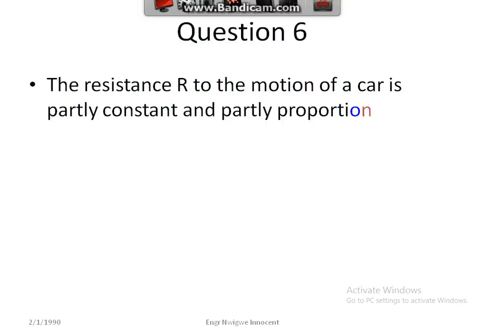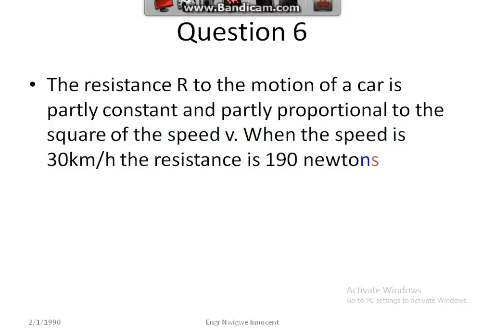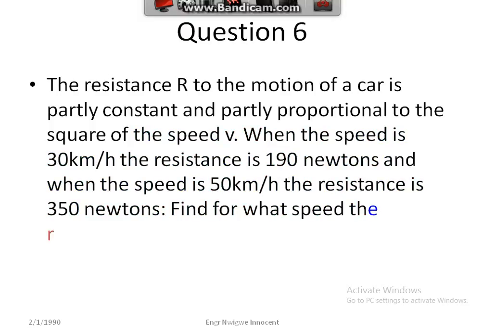Question 6. The resistance R to the motion of a car is partly constant and partly proportional to the square of the speed v. When the speed is 30 km per hour, the resistance is 190 Newtons. And when the speed is 50 km per hour, the resistance is 350 Newtons. Find for what speed the resistance is 302.5 Newtons. Answer. From the question, we are told that the resistance R to the motion of a car is